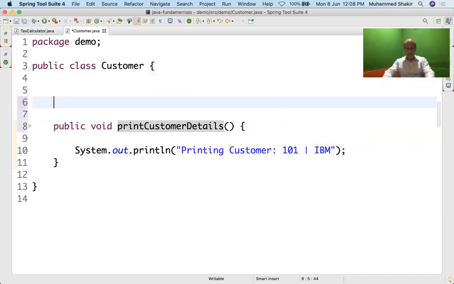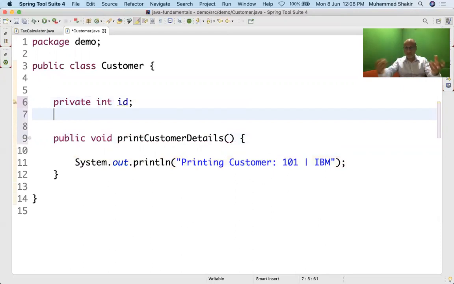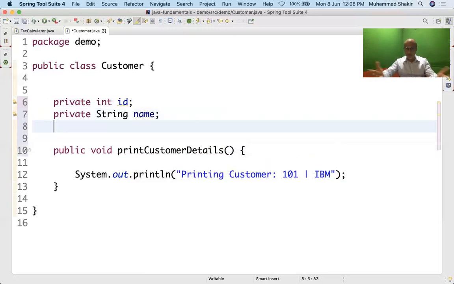And the properties, don't you think these are valid properties of a customer? A customer will definitely have, okay, I'll say ID. A customer will have an identification in my database. I'll say private string name. My customer will definitely have a name. I'll say private string address. Don't worry about what that private is. You can go step by step, and things start unfolding. Don't worry about it.